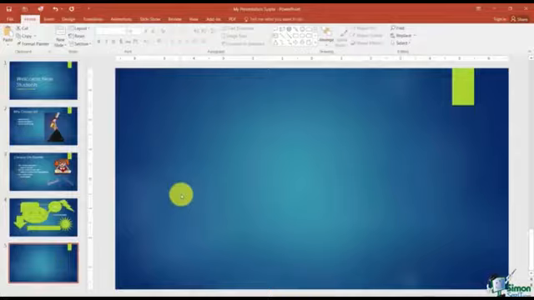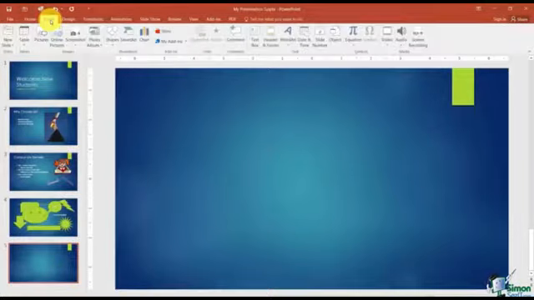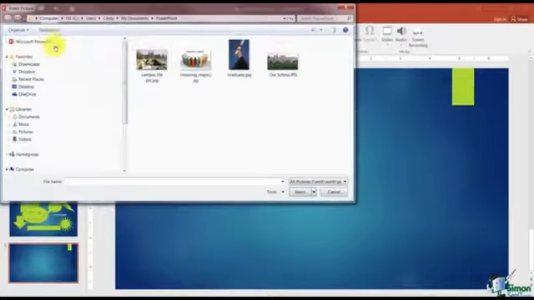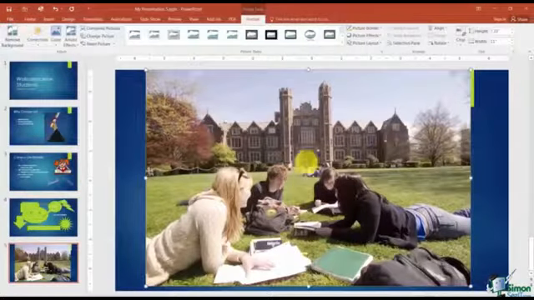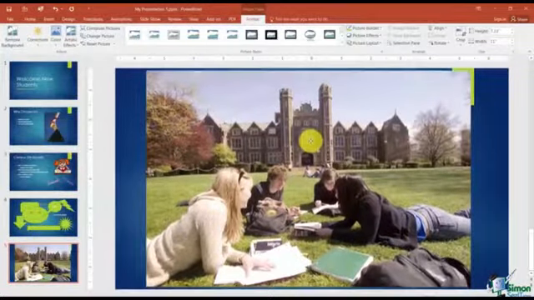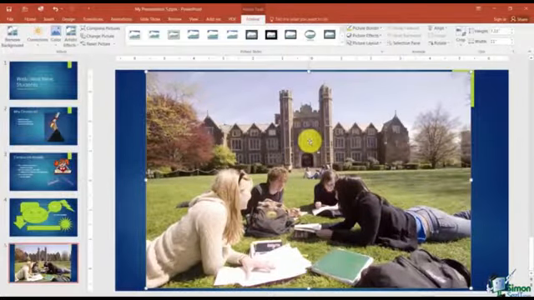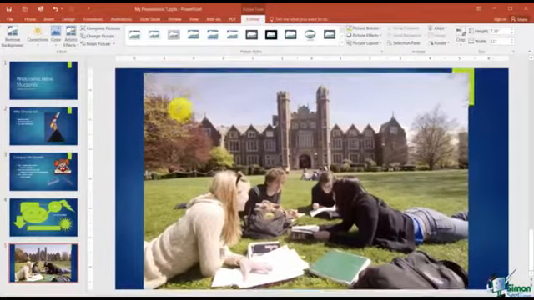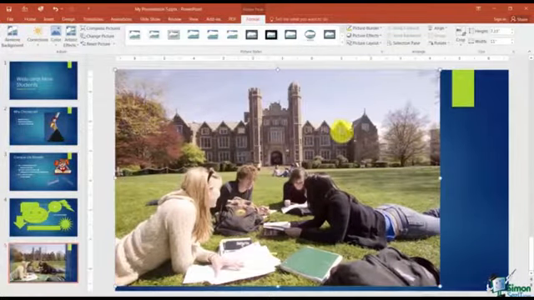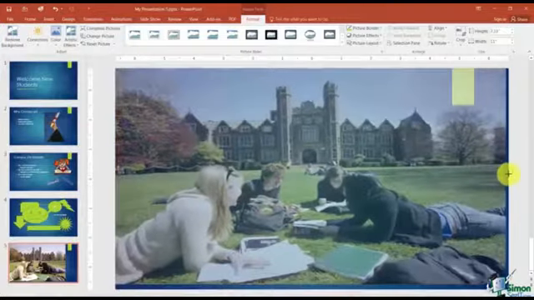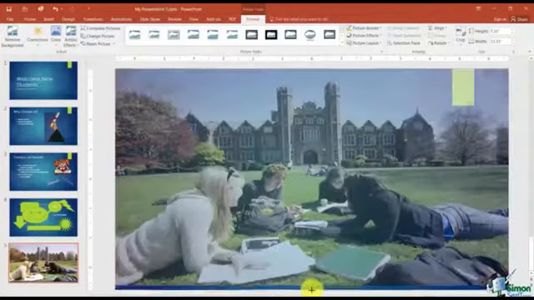Now, if I do it the same way, I'm going to go to Insert, Picture, and let's say this time I choose this one, Campus Life. Now, you'll notice the picture is a little bit bigger this time, and it sits on top of my slide like we just mentioned. So if I wanted it to be the exact same size of the slide, so I don't see this blue back here, what I would end up doing is grabbing the picture and adjusting it using these control handles we've talked about several times now,